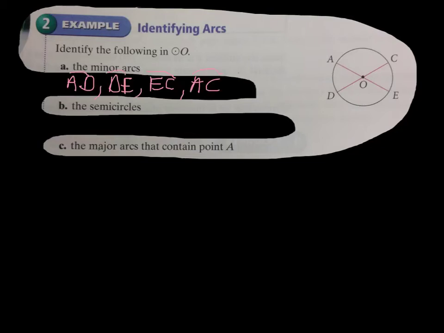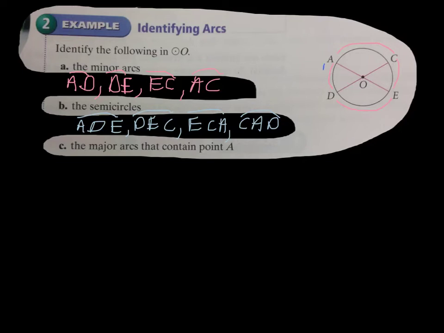The minor arcs are going to be arc AD, arc DE, arc EC, and arc AC. All those marked in red or pink are your minor arcs. Semicircles and major arcs are always labeled with 3 letters, and minor arcs, as you can see, are labeled with 2. So the semicircles are going to be